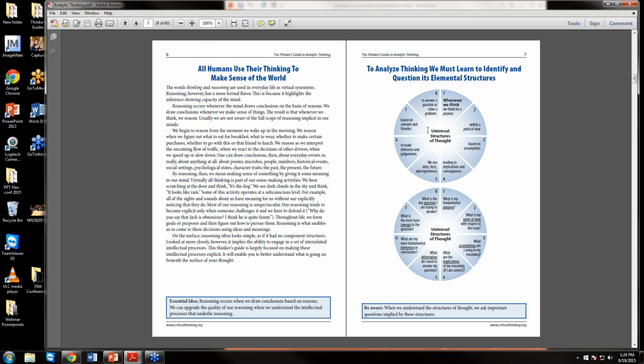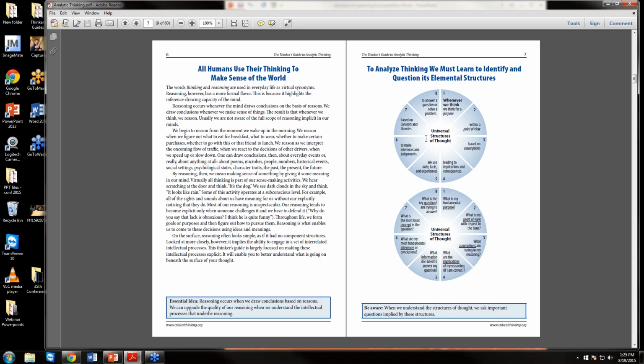I want them to see that if this top part is true, if these elements of reasoning are always embedded in reasoning throughout our daily life, as we go through our daily existence and deal with the problems that we deal with every day, if these parts are present, then by implication, there are many questions we can ask